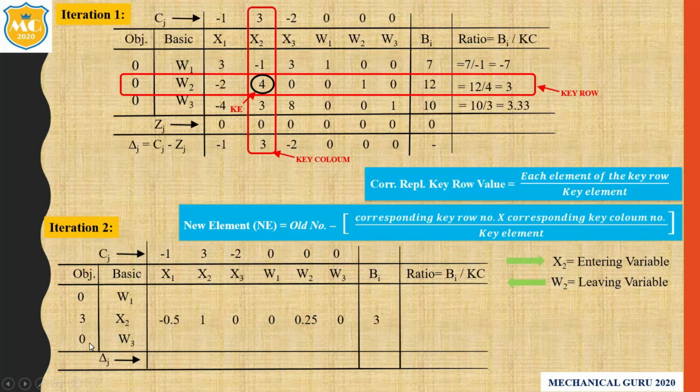Okay, next we have to use this equation. First we have to apply our shortcut method. So x2, and w2 is the leaving variable. So the w2 column 0 1 0 0, just copy and paste in the x2 column. Here 0 1 0 0. Next the w1 column, that is 1 0 0. w3 0 0 1 0. Next the x3 column, here 0, so same. Okay, next same equation we have to use. So here we get the value.